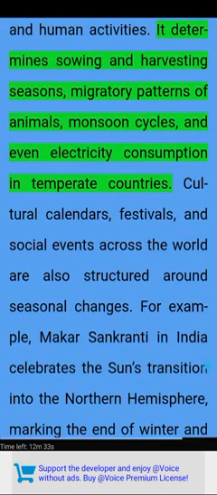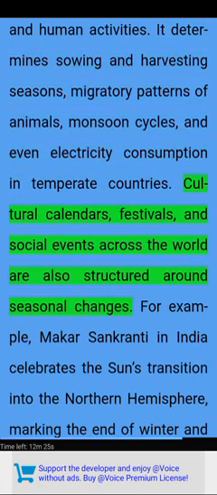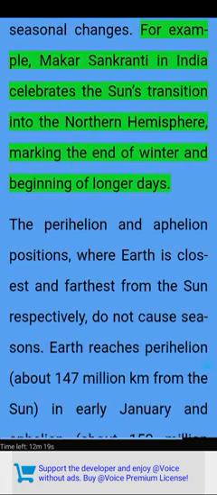It determines sowing and harvesting seasons, migratory patterns of animals, monsoon cycles, and even electricity consumption in temperate countries. Cultural calendars, festivals, and social events across the world are also structured around seasonal changes. For example, Makar Sankranti in India celebrates the sun's transition into the northern hemisphere, marking the end of winter and